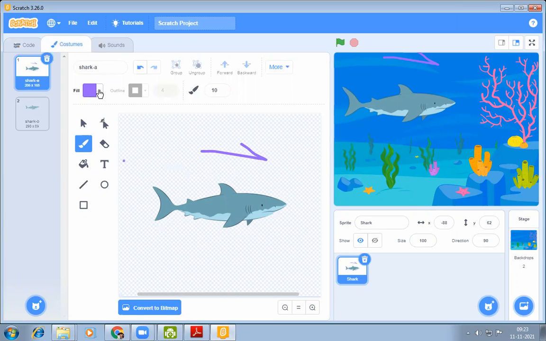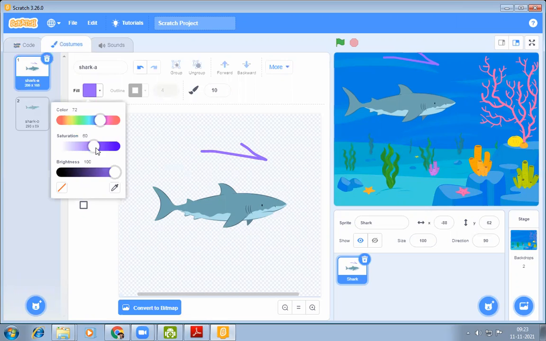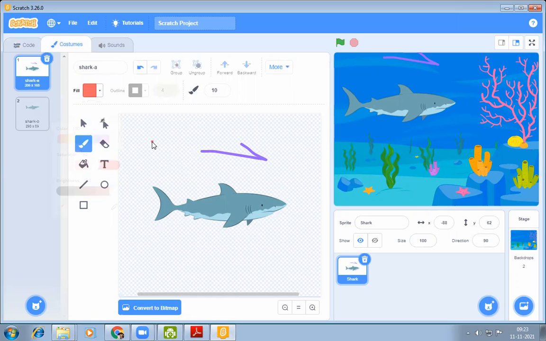As you can see, if I want to draw anything, I have to draw it here. Whatever I am drawing here will be visible on the backdrop area.